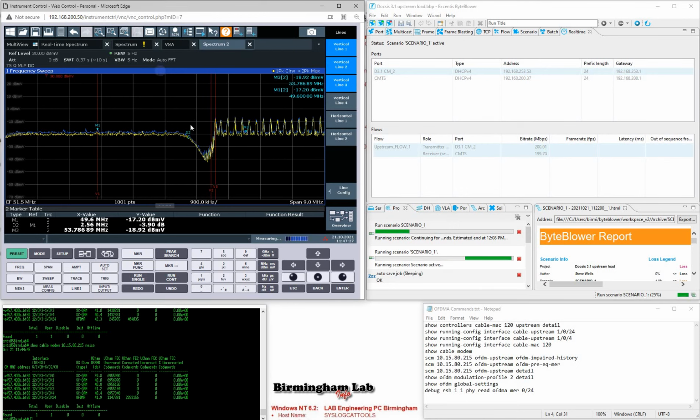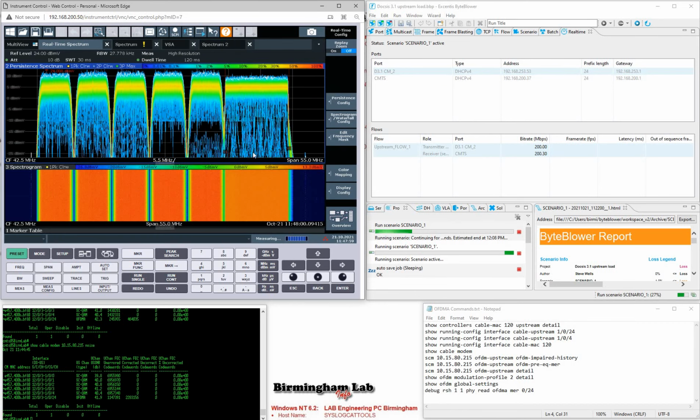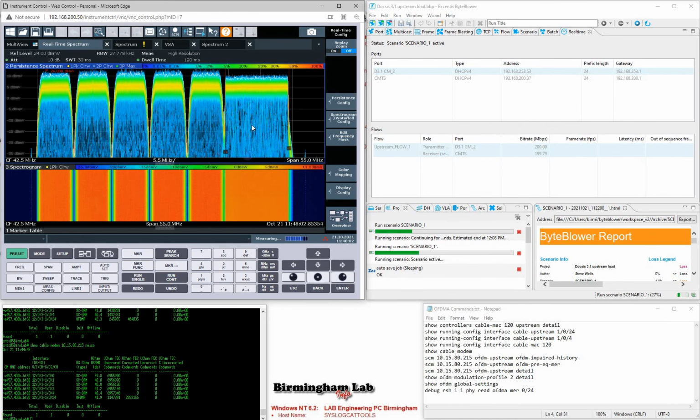What we'll do next is I'm going to make a quick modification of the IUCs that we're using. The variable bit loading IUCs, that is. I'm actually going to take those out of the config, but I will leave the three standard IUCs in there that we've got configured. So IUC 13, 64 QAM, 12 at 256 QAM, and 11 at 1K QAM. I'll leave those in there, and then what we'll do is add an impairment to the block. At the moment, I've got a real simple impairment. We'll add that to the block, and then we'll